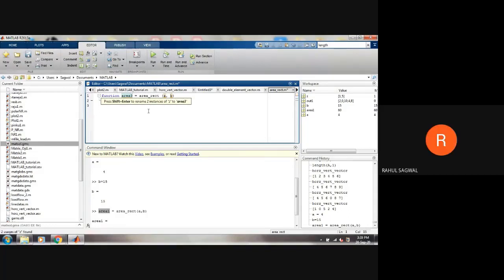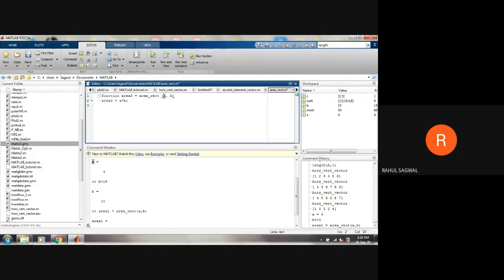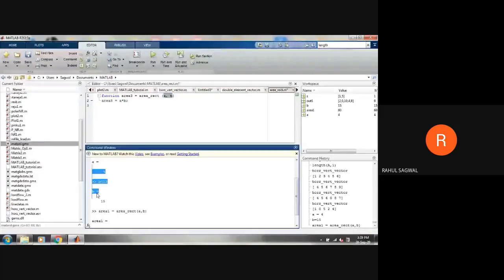Let's say, just to clarify your doubt, I'm creating these variable names. Okay, so now in the outer world we have defined a and b, these two input variables, right? Even if the names of the variables are exactly the same as your input arguments here in the function, there won't be any effect. Even if these are different from these, there won't be any effect, because